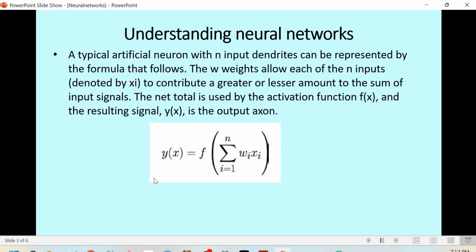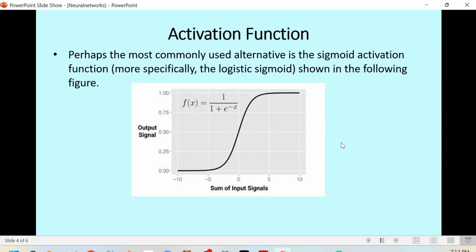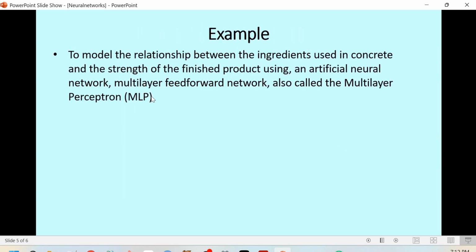So this is the neural part. F here is the activation function, and this is the sigma with the product between weight and feature. So this is the basics of the neural network model. And next we will show an example which models